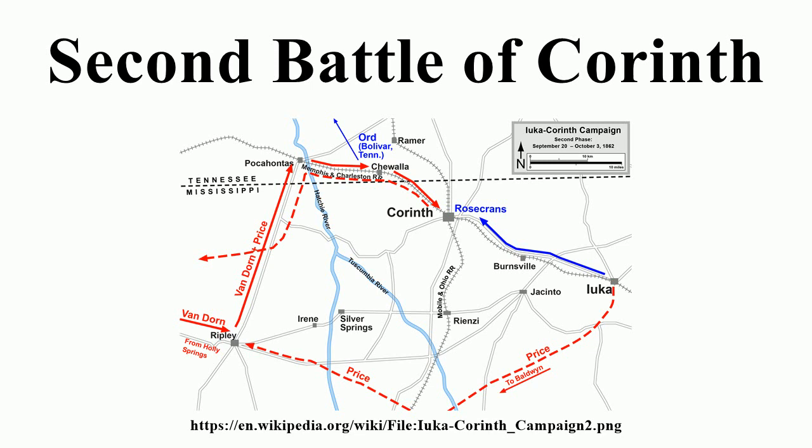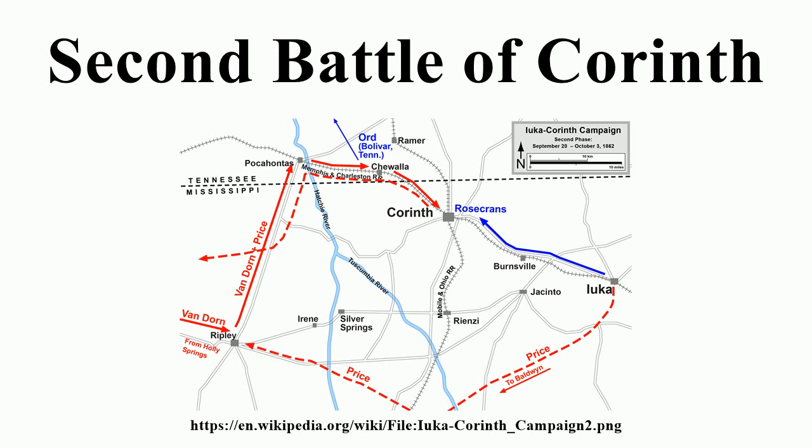After Iuka, Grant established his headquarters at Jackson, Tennessee, a central location to communicate with his commands at Corinth and Memphis. Rosecrans returned to Corinth. Three divisions of Grant's Army of the Tennessee moved to Bolivar, Tennessee, northwest of Corinth, to join with Maj. Gen. Stephen A. Hurlbut. Thus, Grant's forces in the immediate vicinity consisted of 12,000 men at Bolivar, Rosecrans's 23,000 at Corinth, Maj. Gen. William T. Sherman's 7,000 at Memphis, and another 6,000 as a general reserve at Jackson.